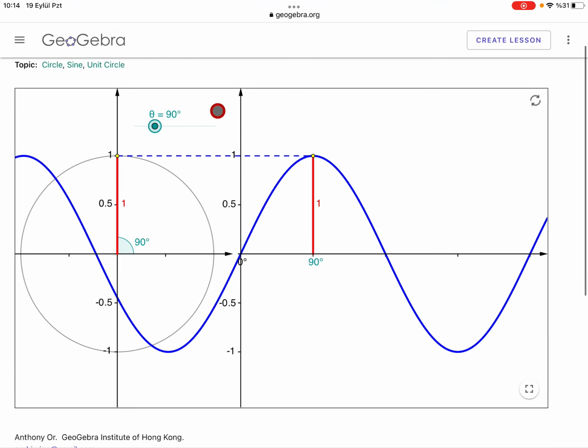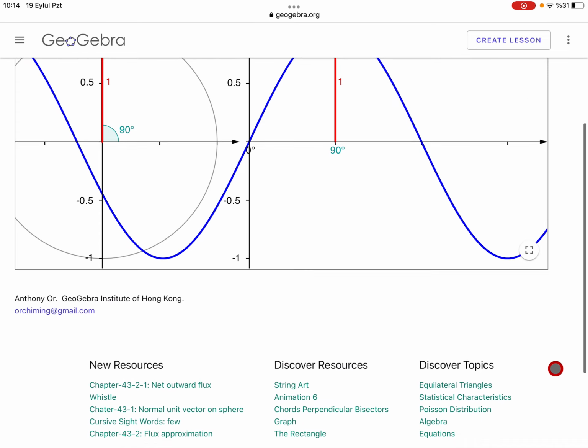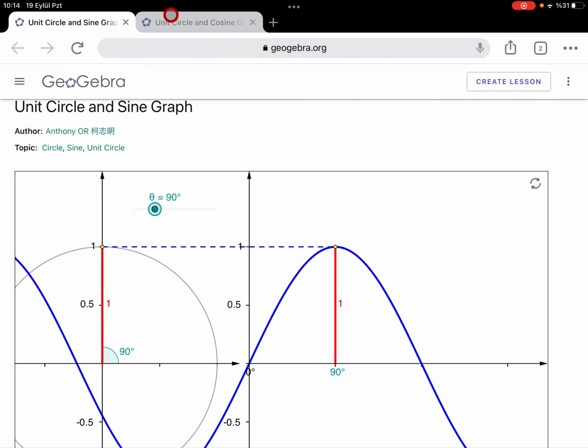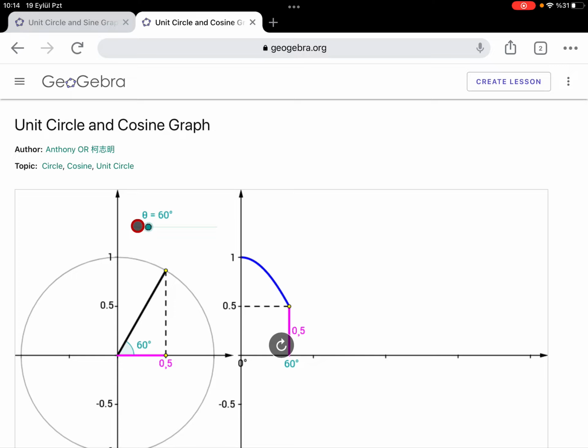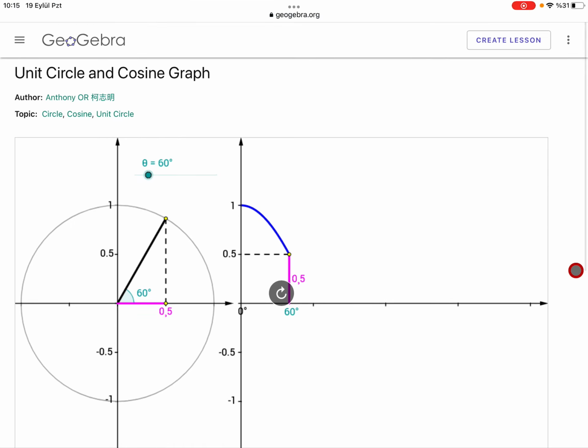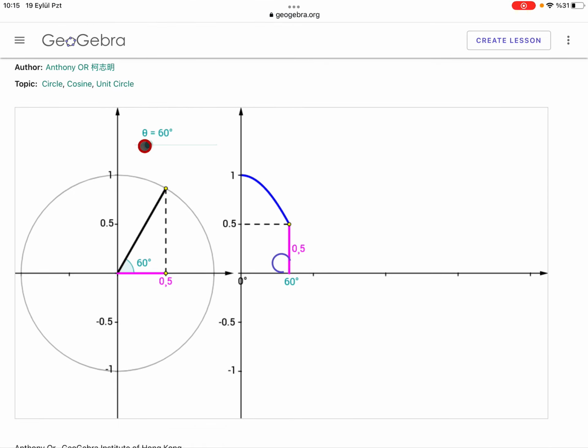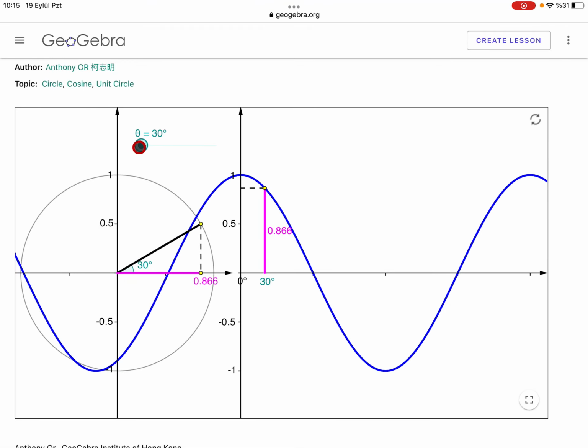And similarly, you can observe the similar situation for the cosine function. The cosine function is the first component of the point P. So if you start from here, when x is increasing, this starts from 1, so this length, and by decreasing, it reaches the 0 value.